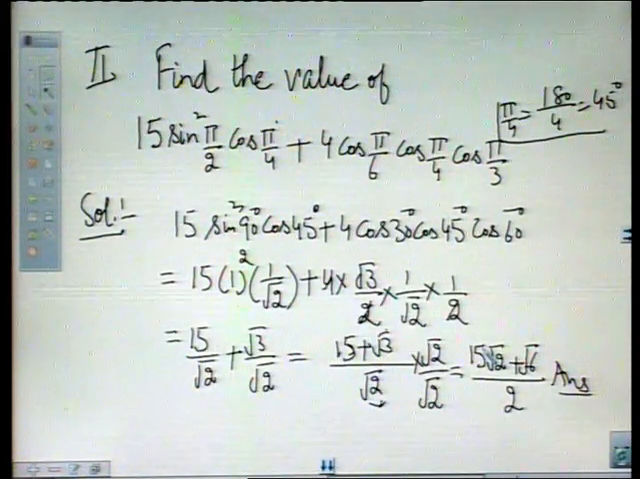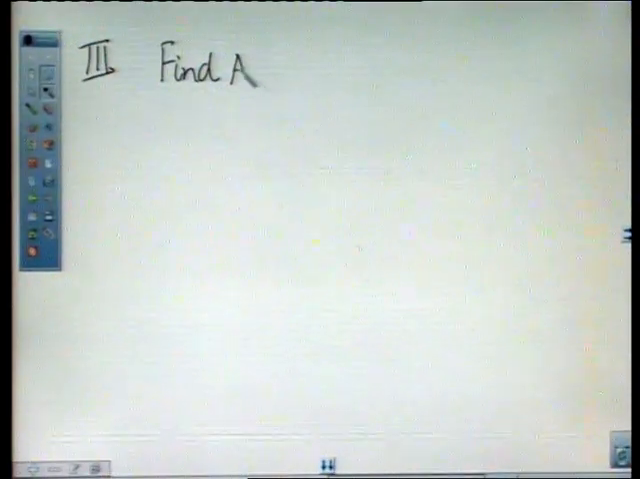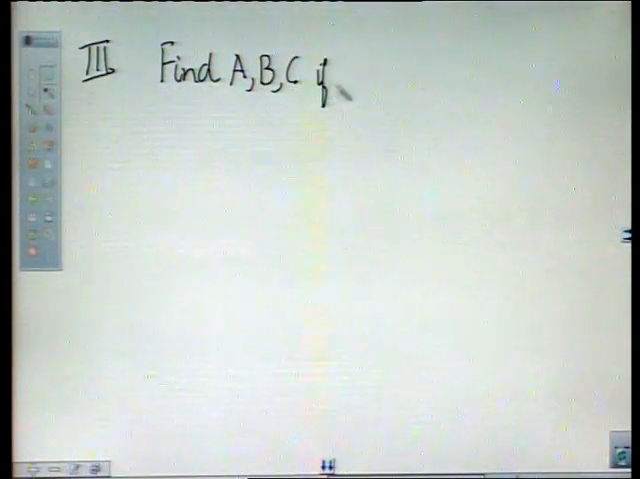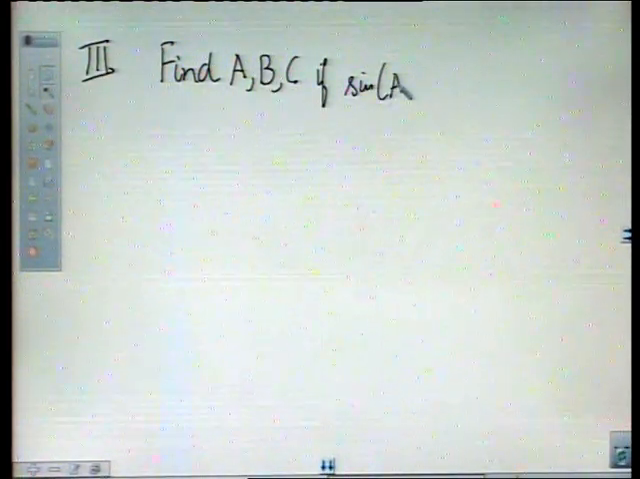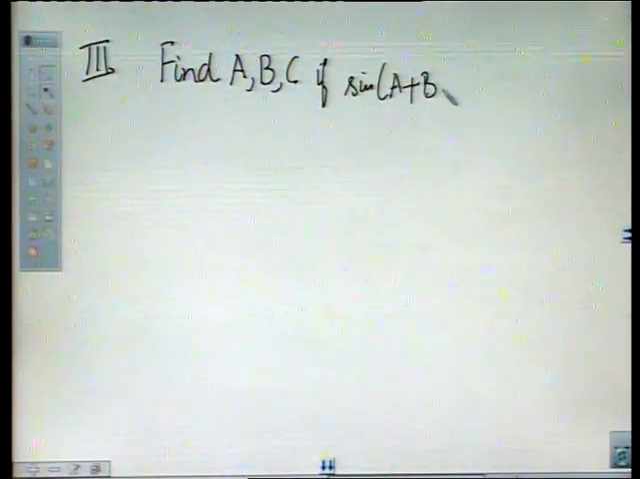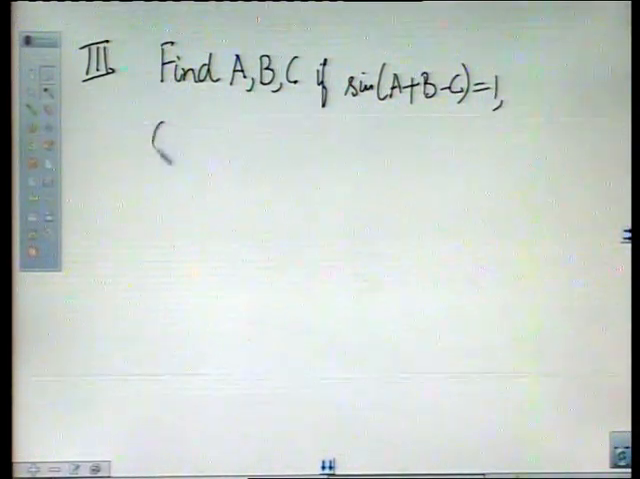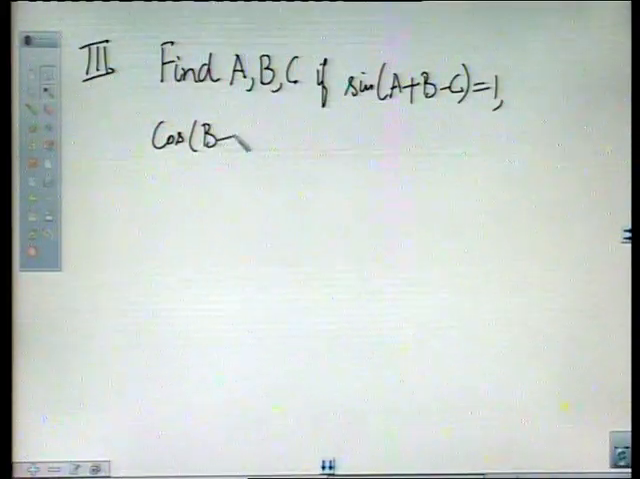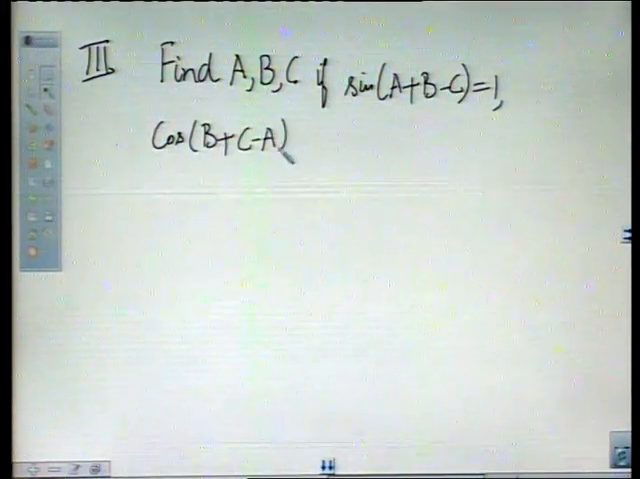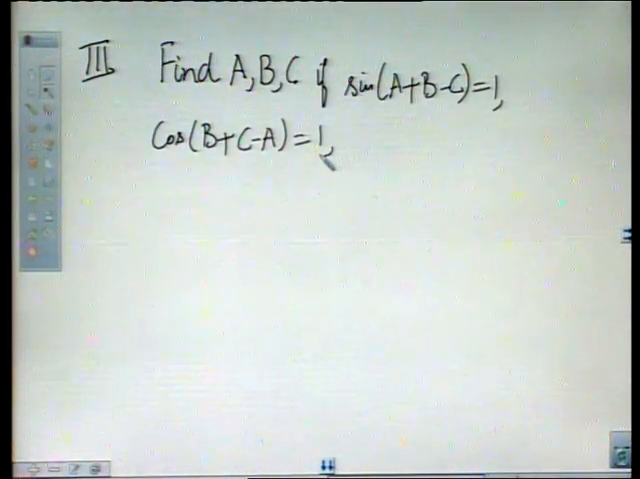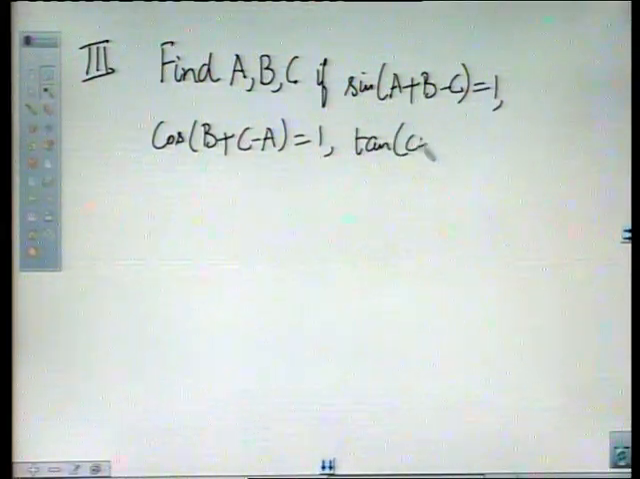Now, write down the next question statement. Third question, find A, B and C. If sine A plus B minus C is equal to 1, cos B plus C minus A, this is also given to be equal to 1, and third, tangent C plus A